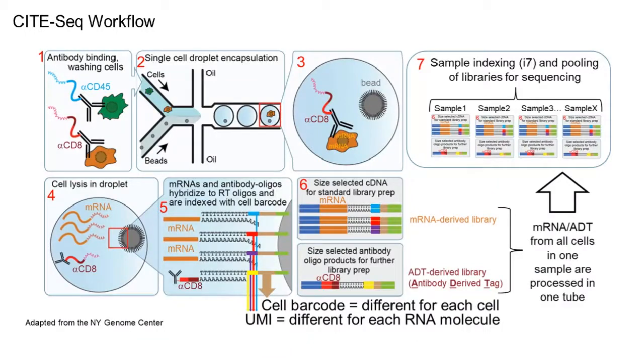So to perform CITE-Seq, you label your cells with barcode conjugated antibodies, and then this feeds directly into the 10x Genomics workflow, where single cells are encapsulated in oil droplets, and the mRNA and the barcode conjugated antibodies are captured for reverse transcription and library preparation. Then you can pool your mRNA-derived library and your ADT, or antibody-derived tag, library and multiplex them with other samples